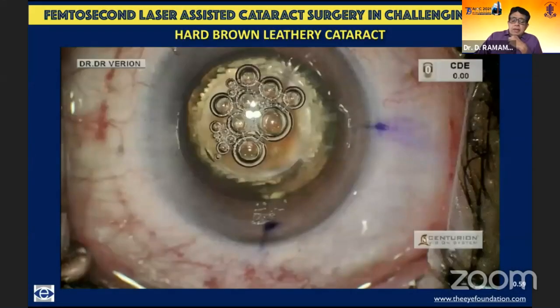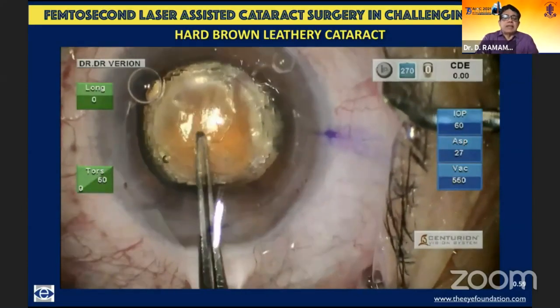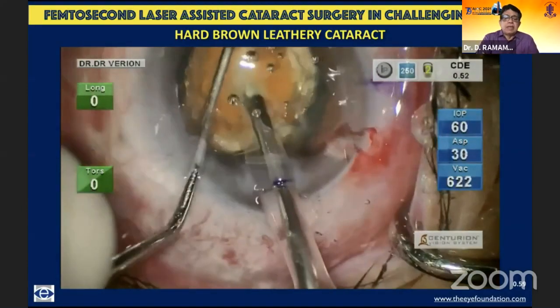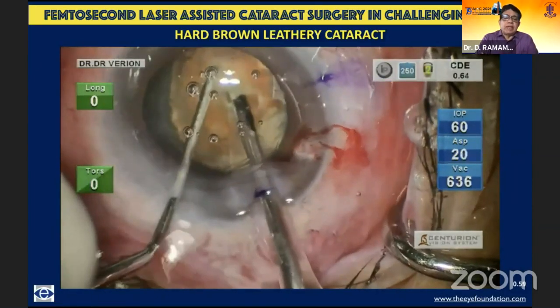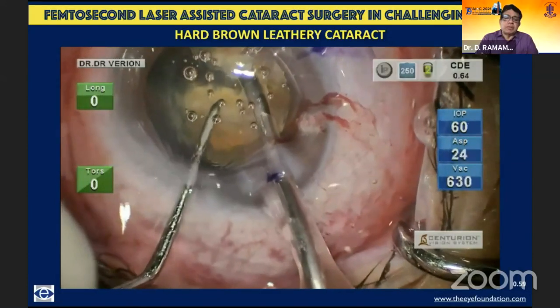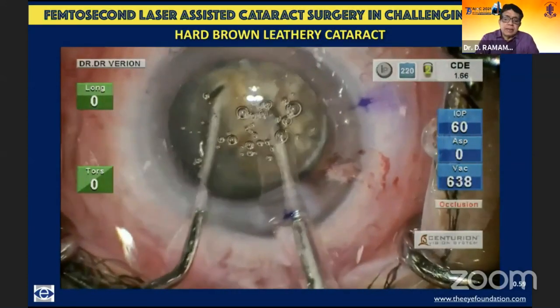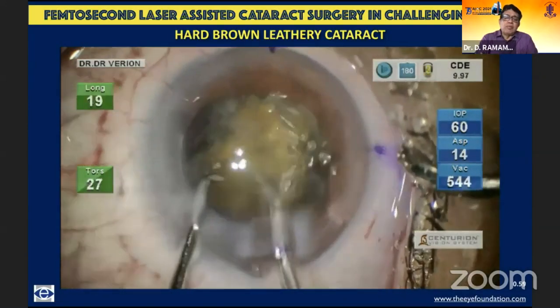Now, coming on to the other end of the spectrum, a hard brown leathery cataract, having a very precise, well-centered rhexis of 5.2 millimeter itself is a great advantage. And in these cases, all I do is again use a honeycomb pattern of 200 microns, cubes of just 200 microns each, and then bury the phaco tip into the meat of the nucleus and do a phaco chop.